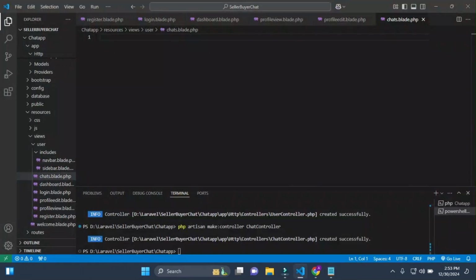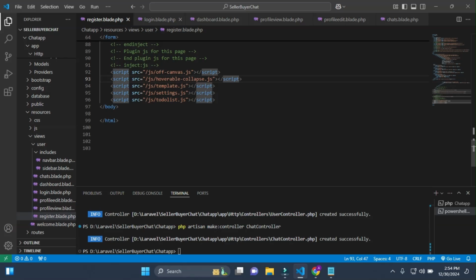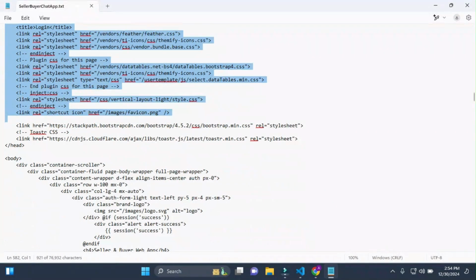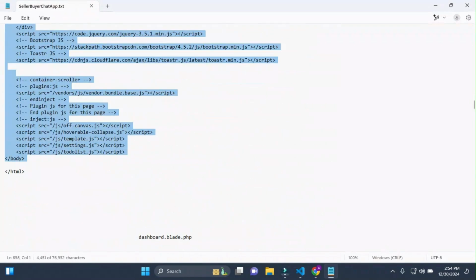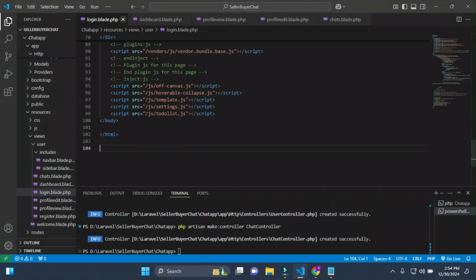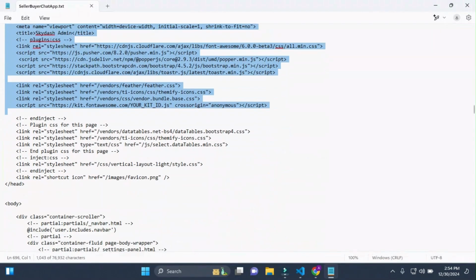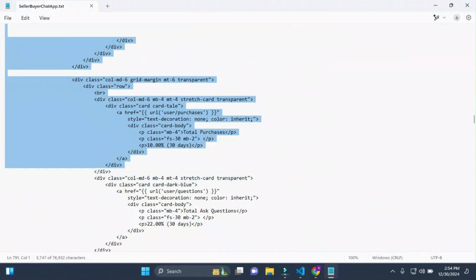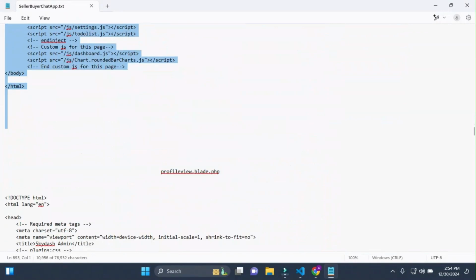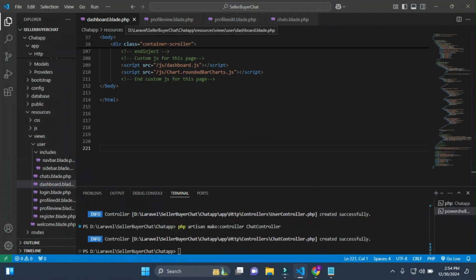These are the time-taking things, that is why I will provide you the code. Just close this register and then login, and just copy and paste here, close this, and then dashboard.blade.php. Just copy this and paste it in dashboard, and close this also,